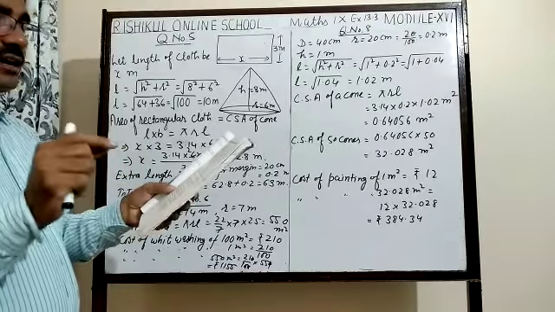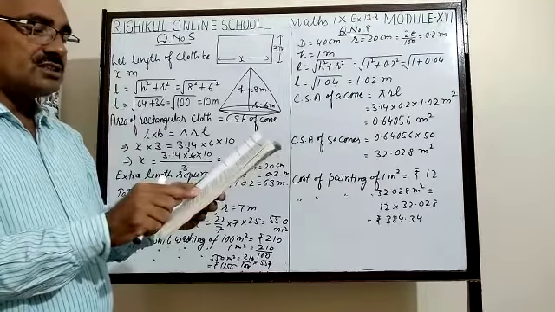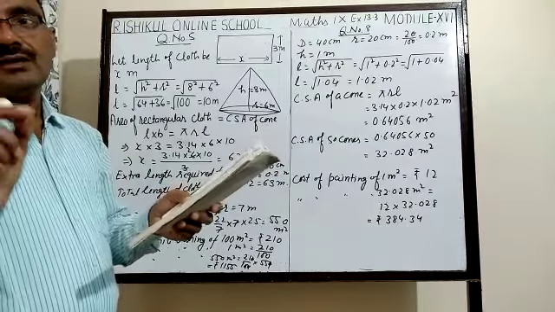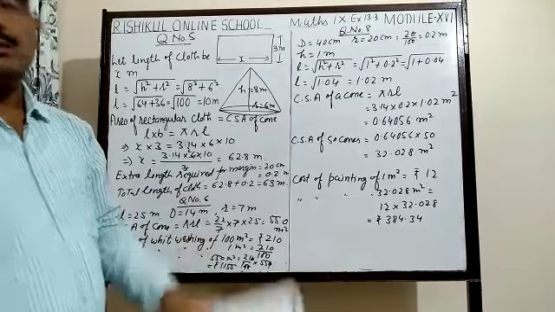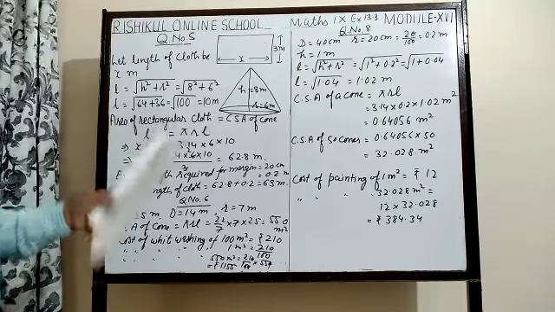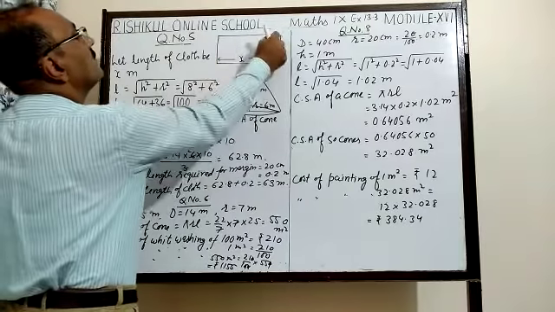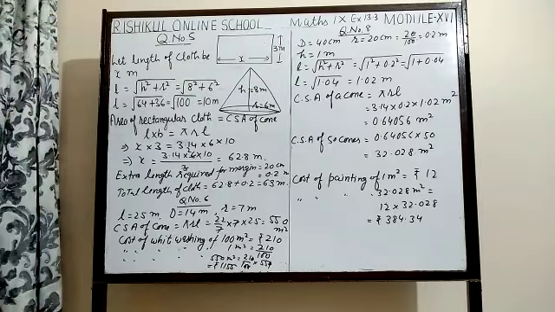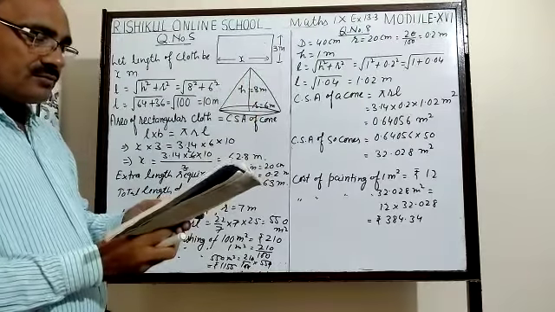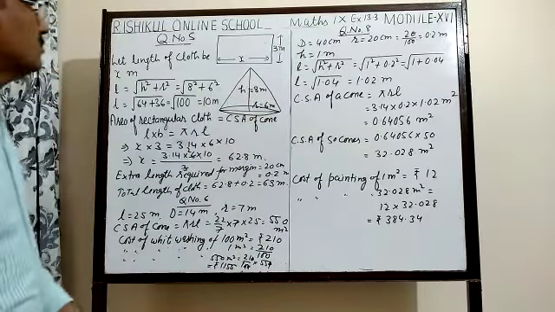Assume that the extra length of the material required for stitching margin and wastage in the cutting is approximately 20 centimeter. Use pi equal to 3.14. So see very attentively: the length of the tarpaulin cloth is unknown, and the width, 3 meter, is given, and you have to make a conical tent of radius 6 meter and height 8 meter.